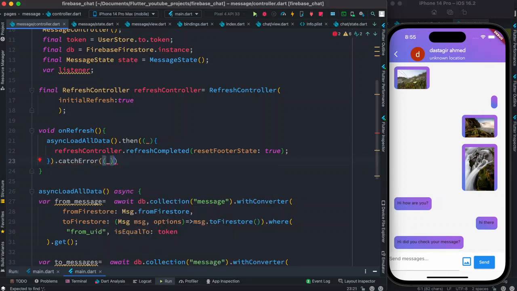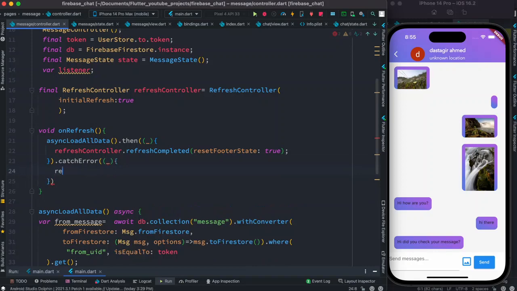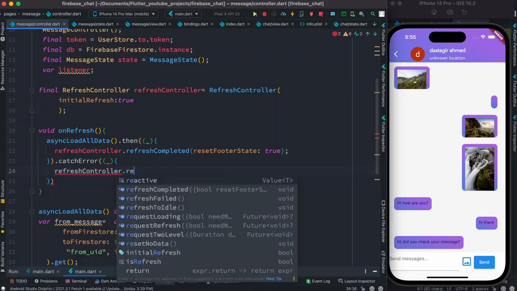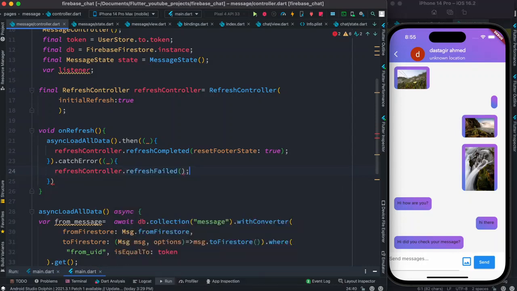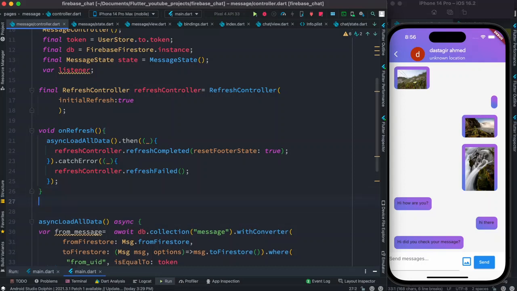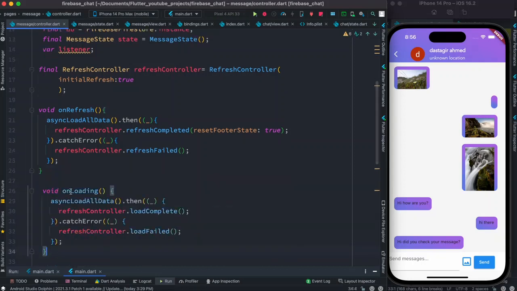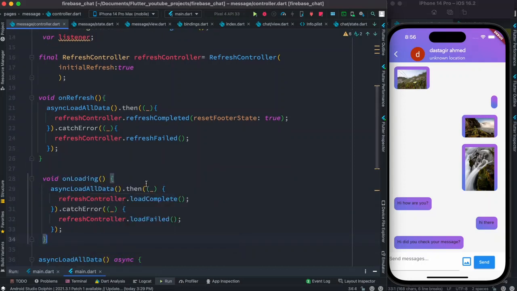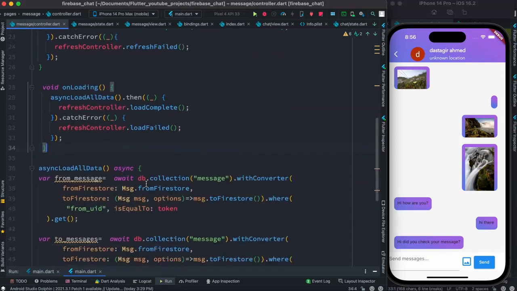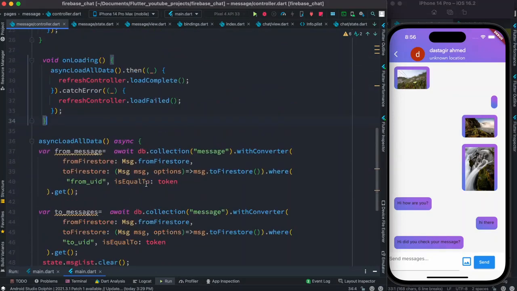If there is an error, we do refreshController.refreshFailed. Alright, so this is one method. Now there's another method, and the method name is onLoading. It does the same thing, but it happens during loading. Now this is our controller so far, but we need to go ahead